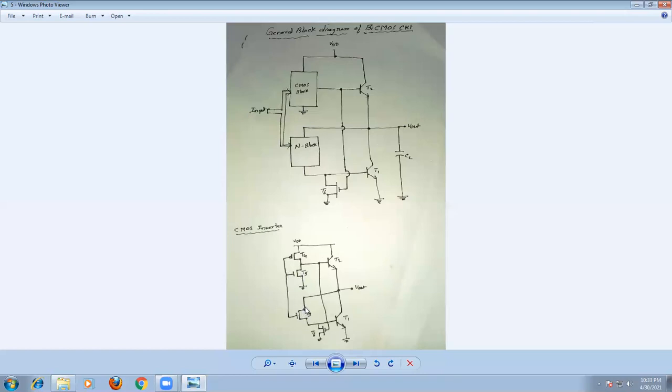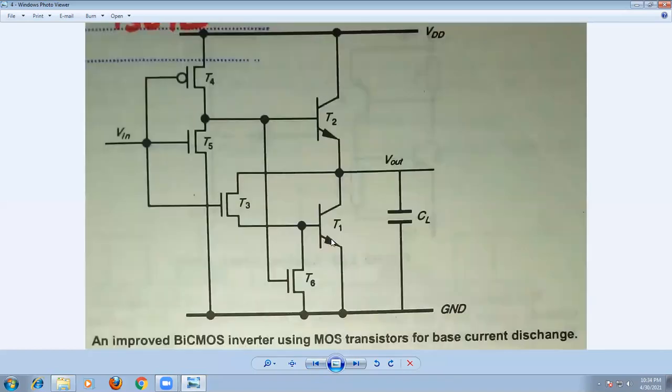Now just observe, the top of the N block is connected to the output terminal, and the bottom of the N block is connected to the base of the transistor T1, and the output of the CMOS will be connected to the base of the transistor T1. This is the output terminal connected here, and this transistor gate is connected to this point. This point is ground, this point is ground. The remaining will be the same. Just compare this circuit with the previous circuit here. Both are the same.